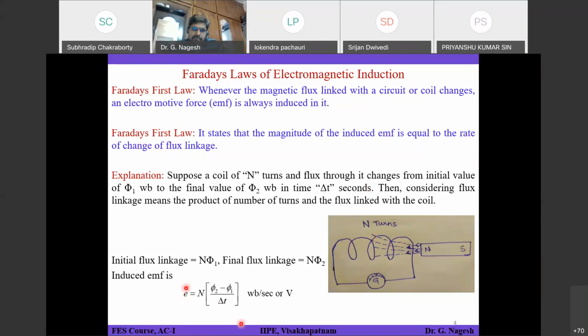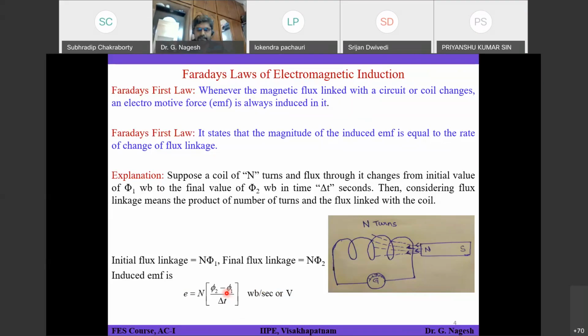So that's why this EMF is given by this expression. If you express this in differential form, we'll see what that is in the next slide. Did you get some idea regarding this flux? Yes, sir. So flux is similar to current in an electrical circuit. In a magnetic circuit, it is only the flux which is analogous, similar to current in an electrical circuit. In a magnetic circuit, you talk about flux. In an electrical circuit, you talk about current.